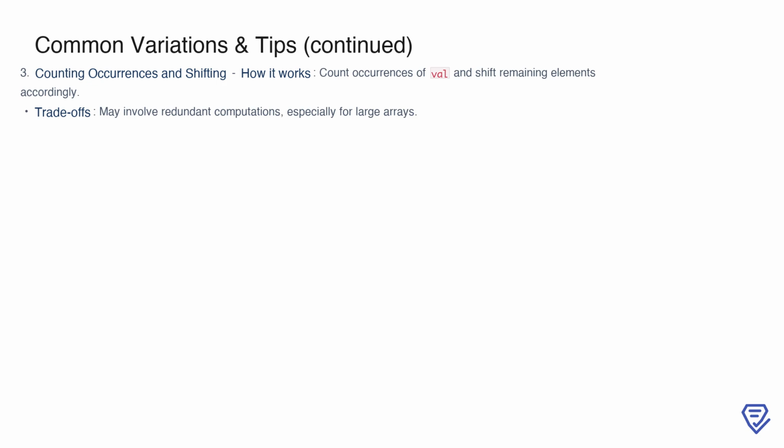fill the gaps. This method works by first determining how many elements need to be removed and then adjusting the array accordingly. While it's a valid solution, it can involve redundant computations, especially for large arrays, since you may end up iterating over the same elements multiple times. This can make the approach less efficient compared to the two-pointer technique. In general, it's good to be aware of this method, but for optimal performance, the two-pointer approach remains the preferred